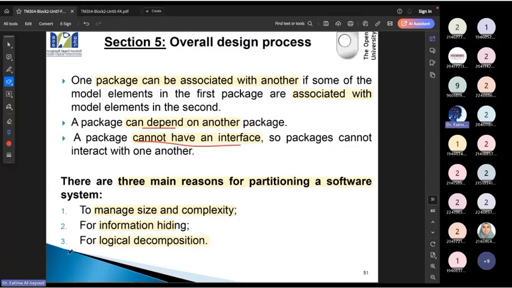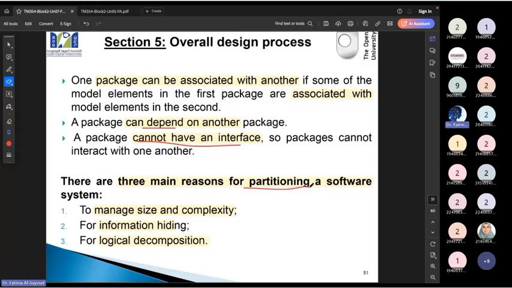So what is the purpose of dividing our software? What are packages going to do? They are going to partition the software. What's the reason behind dividing or partitioning the software?